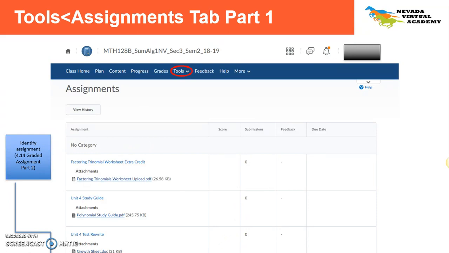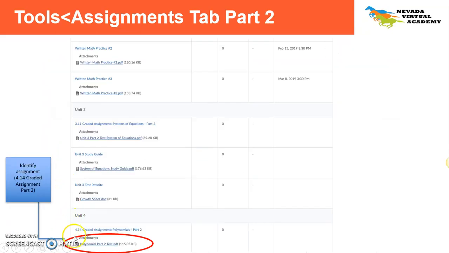All right, now that we've completed that quiz, let's take a look at the 4.14 graded assignment, part 2 that I wrote on my notes. Where would we go to find that? We'd go back up to our toolbar at the top, select Tools, drop down Assignments. That will pull up a page that looks like this and have all of those type of documents in an area. We'll scroll down until we find 4.14, and here it is at the bottom, 4.14 graded assignment. So I'd select it up here,